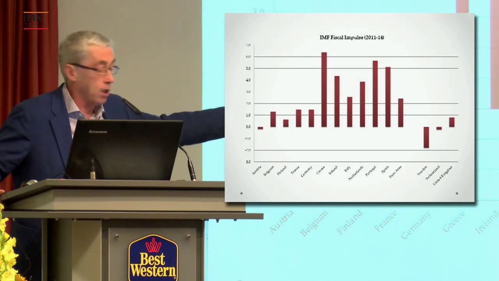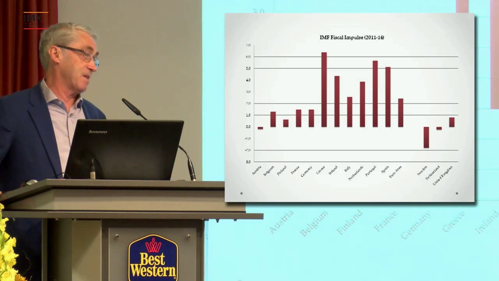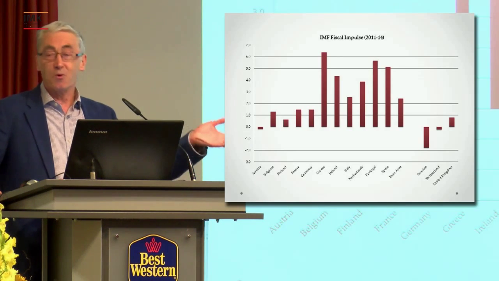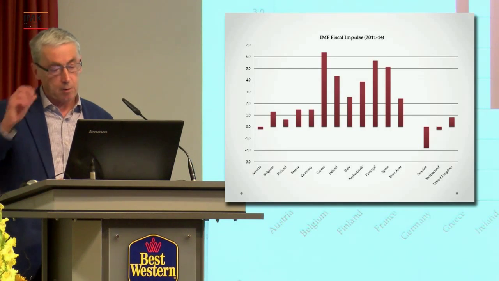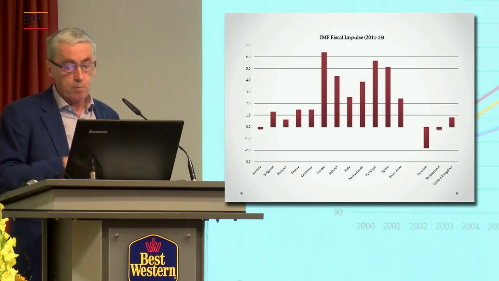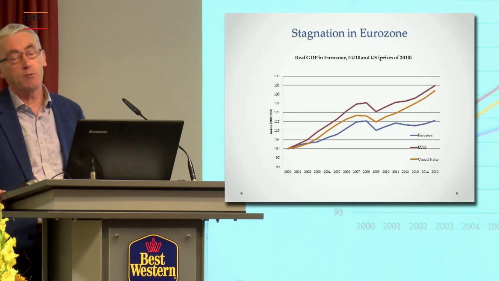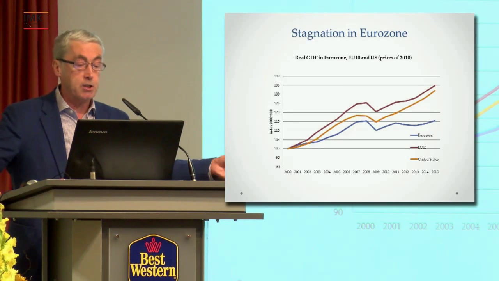I've added a few countries outside the Eurozone on the right-hand side there, in particular the United Kingdom, that is often said to have imposed a lot of austerity, but when you compare the United Kingdom to most Eurozone countries, you find out that austerity in the United Kingdom was quite mild. And this, in my view, explains then the major phenomenon that we observe in the Eurozone, that is stagnation since